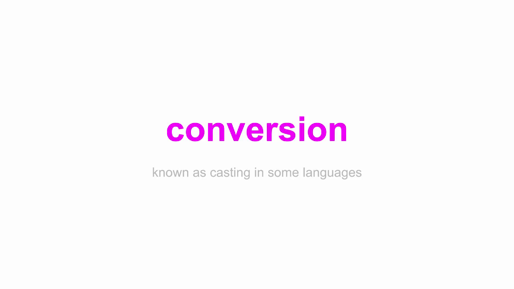So we have conversion, known as casting in some languages, and we're also going to see assertion in a bit. So I just want to make sure we're clear on the difference between conversion and assertion. These slides provide a really good foundation, because as we get into other stuff, you look at things and you're like, what the hell is the difference between conversion and assertion? Well, now you can go back and look, right? And you kind of need that to understand what's coming.